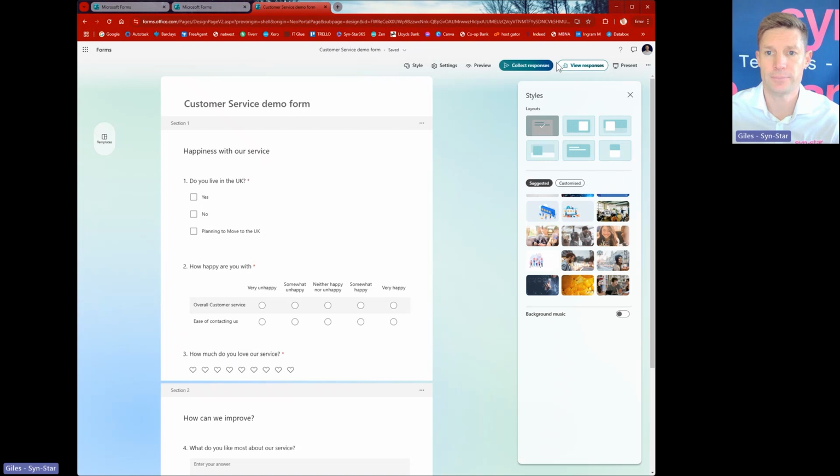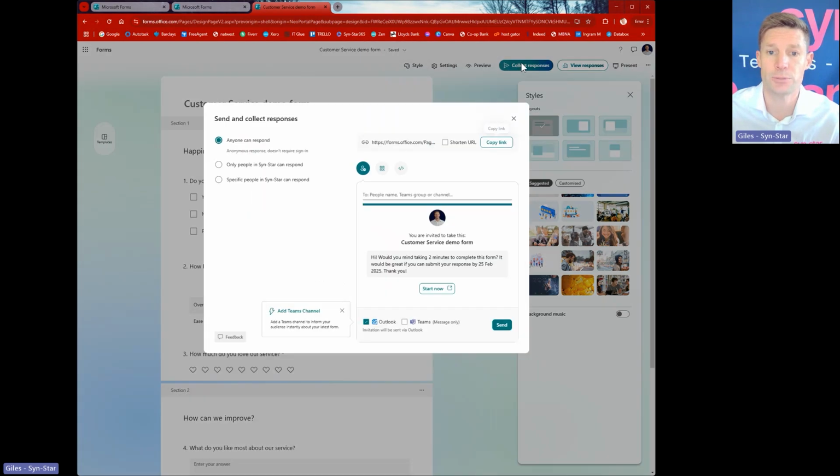And then you can also change it. Now, the final part is when you collect responses. So if you select, this will also save as you go along. You see up here where it's automatically saved it. So once you're happy with all the questions that you've got on the form and the order and how they're going to work, super easy. You click collect responses. Now, this is when you can then select if anyone can respond, or just your company, or just specific people within the business. So you've got here where you can actually directly put the names in, and it will come through, and it will then directly say, please,